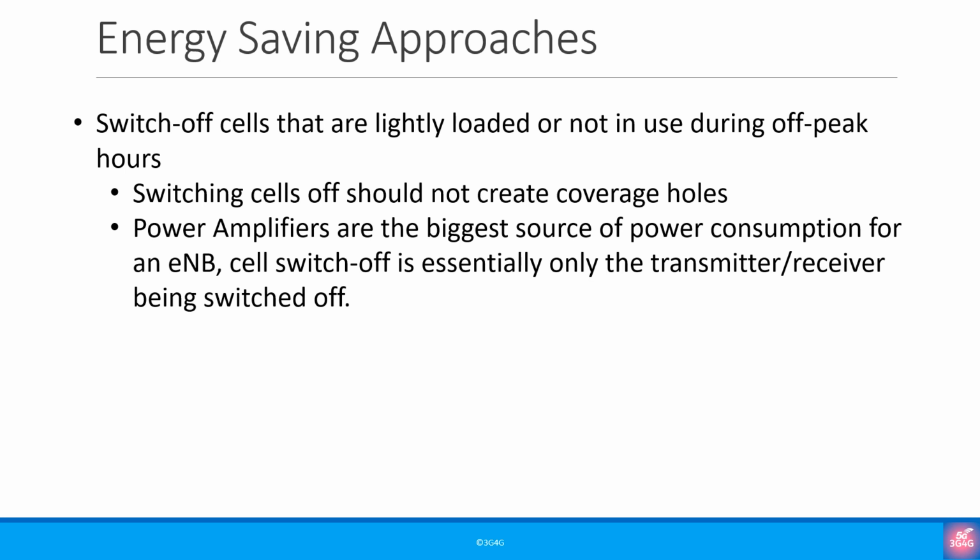short notice. The second approach is to adapt the transmission power based on the UE measurements. For example, in a busy area, when there are a lot of people and vehicles during peak time, the power requirement would be higher. During the off-peak hours, when there aren't many people or vehicles, the power consumption could be reduced.